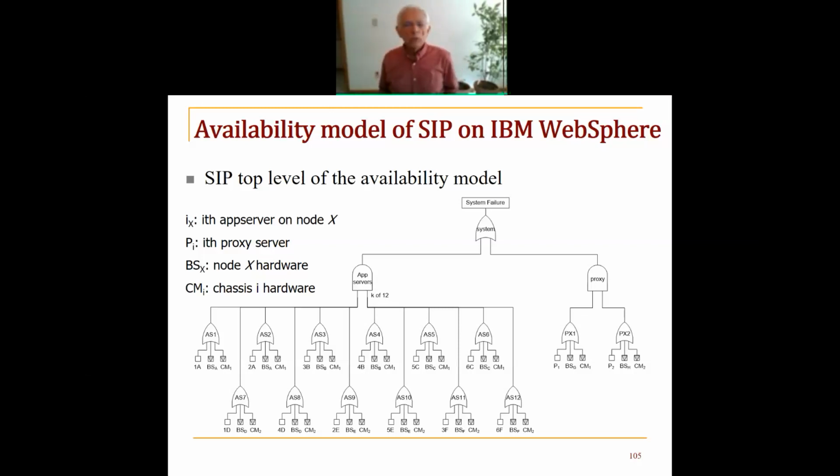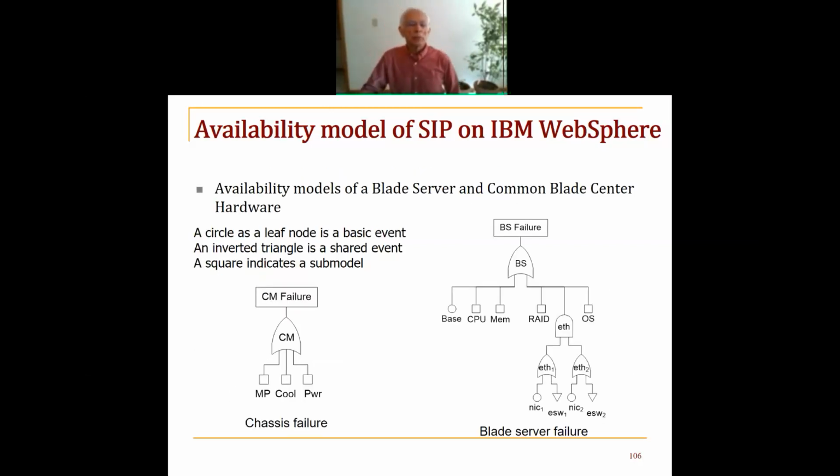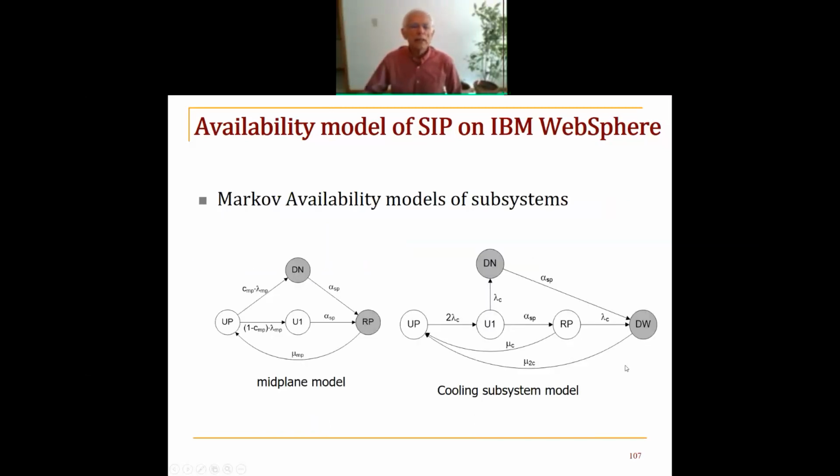Okay, so now at the lower level, at the middle level, I have the chassis common. Chassis common has 3 parts: mid-plane, cooling subsystem, and power subsystem. Blade server itself has so many different subsystems. And then I start developing the Markov models of the individual